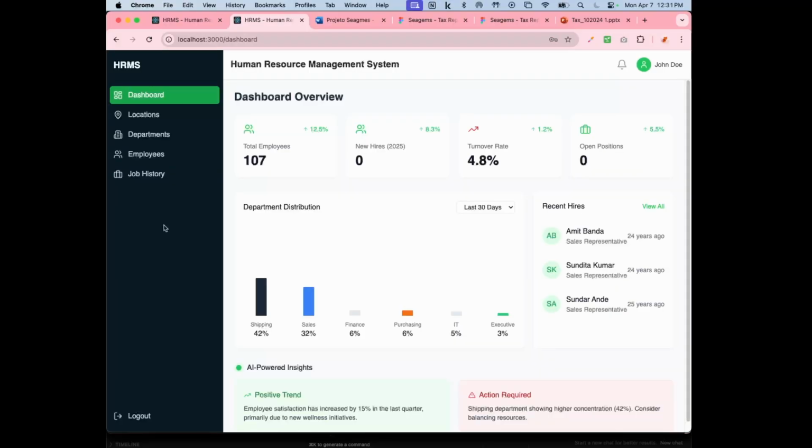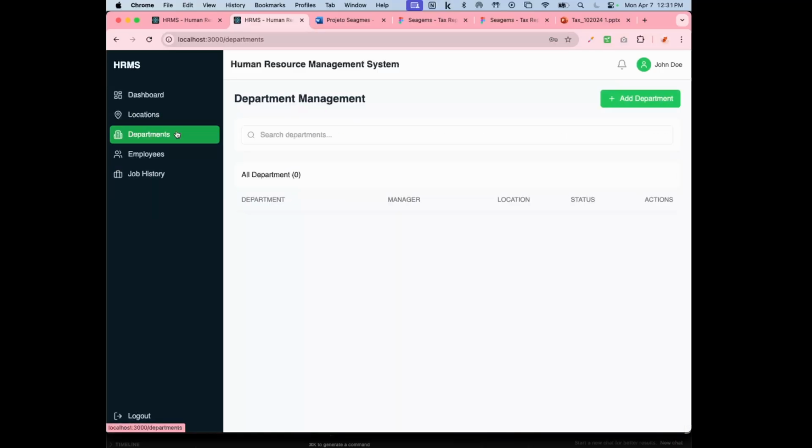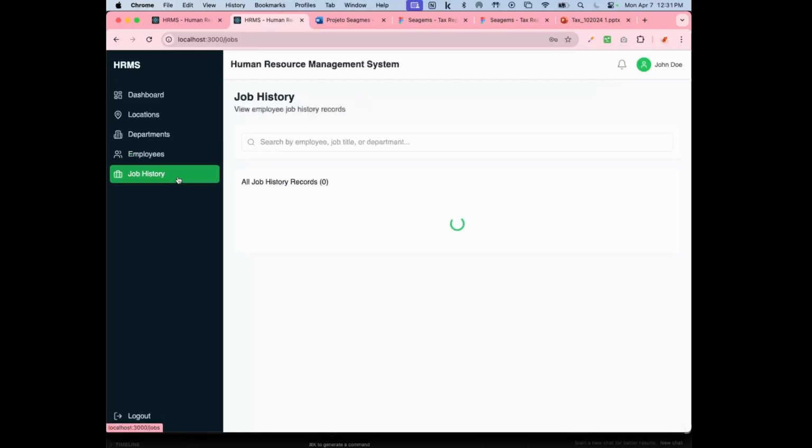We organized the sidebar thinking about the user journey. So once someone logs in, the first thing is to create a location. Once you have a location, you can create a department, then you can create employees, and then you can have details,